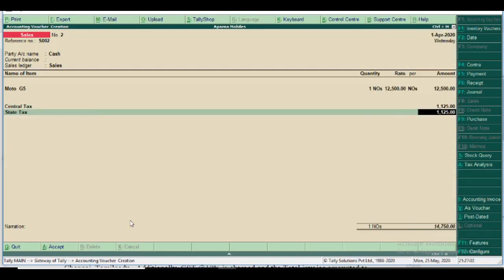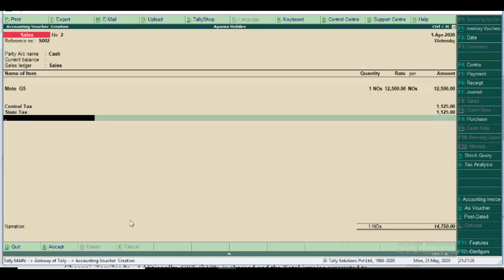The tax comes automatically. Okay, if it does not come automatically, please check your created ledgers, party ledgers, trading ledgers. Okay, check on it. If any problems, errors, the tax amount does not come automatically. Okay, I finished it.